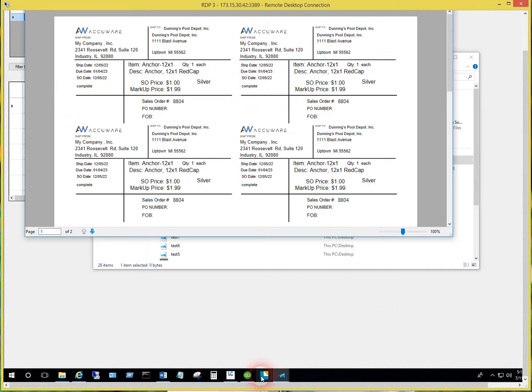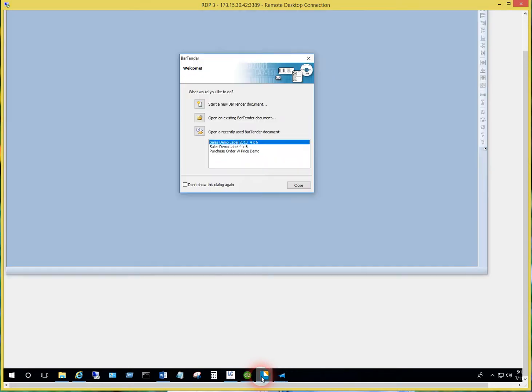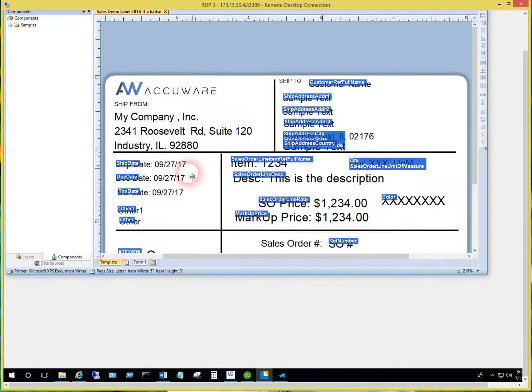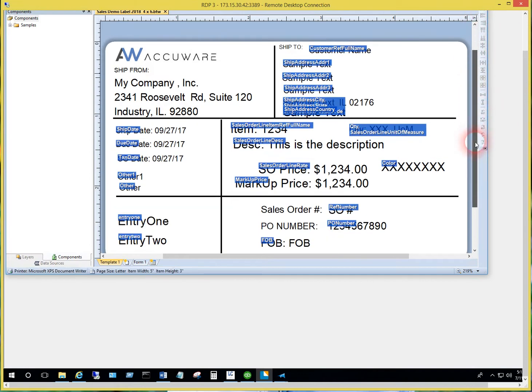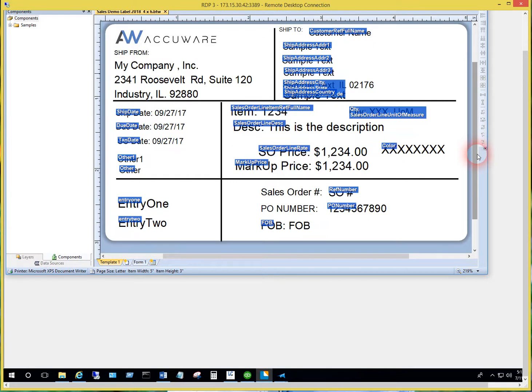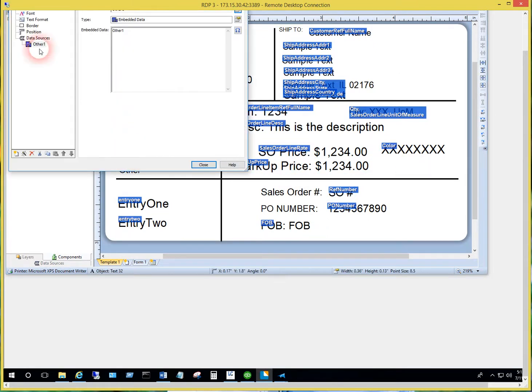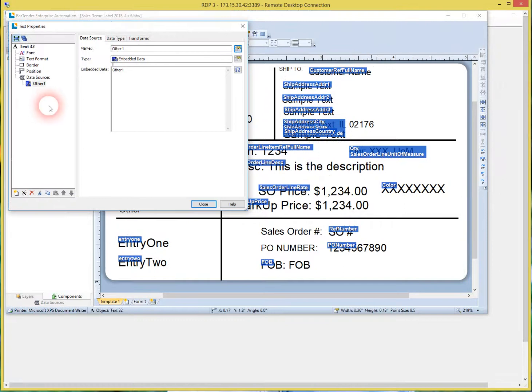on the label design. Let's get into one other slightly more advanced feature, really to do more with BarTender. So let's say you wanted that status to show, but you wanted it to have like a title in front of it that says the word status. So what you would do is you'd go into the BarTender label design, and this is strictly maybe a slightly more advanced thing to be doing in BarTender. But if you want to add sort of a field that has the title in front of its status,